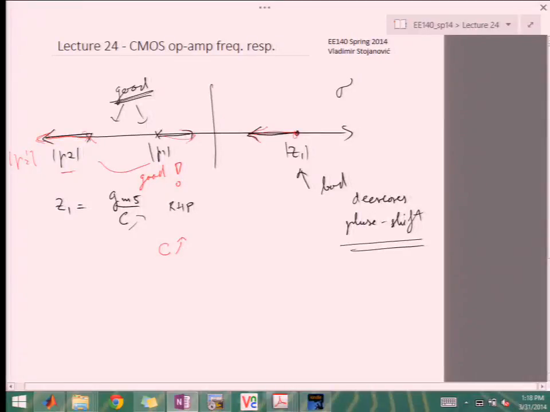Now, the bad thing about this zero moving in is that this is actually a right half plane zero. Notice that there's no negative sign over here. And with that, this zero actually further ends up decreasing the phase margin. So in phase, it acts just like a pole. But in magnitude, it's increasing your amplitude by 20 dB per decade. So what you have, and we can sketch that